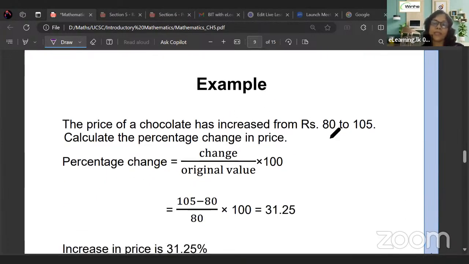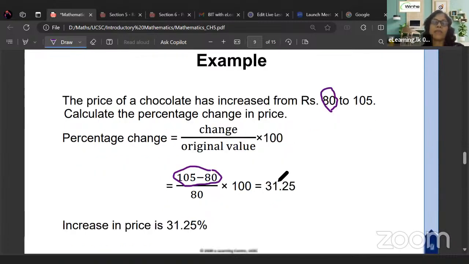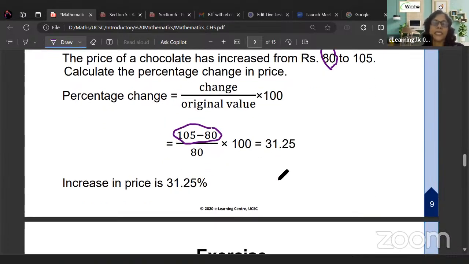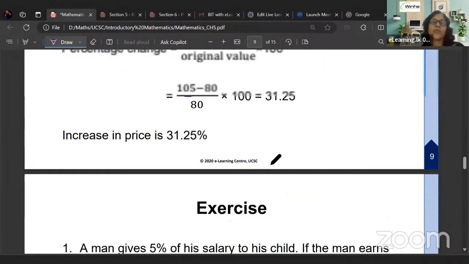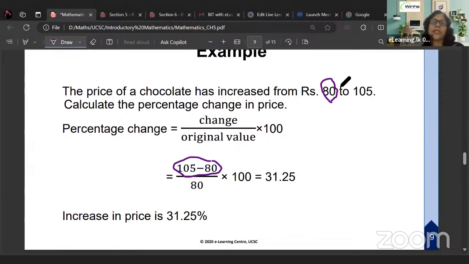Then 25 divided by the original value, which is 80. The original value is the value before the increase or before the decrease. Right? The change is 105 minus 80, divided by 80. Then multiply it by 100. Then you can find the percentage change for the increased price is 31.25. Right? So if it is the other way around,